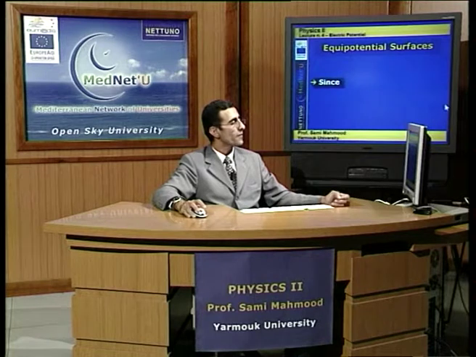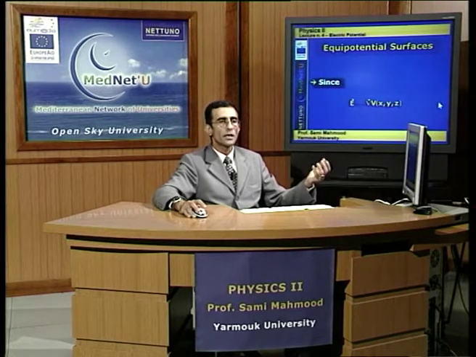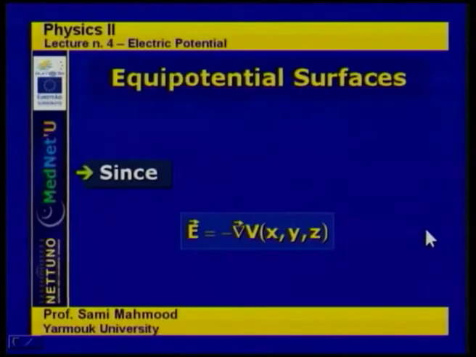So this gives us the opportunity to understand the direction of the electric field relative to the equipotential surfaces. Since we have the differential form of the relation between the electric field and the potential as E equal to minus gradient V, and V is a scalar function depending on where you are in space, and since the gradient of V is always normal to the equipotential surface,